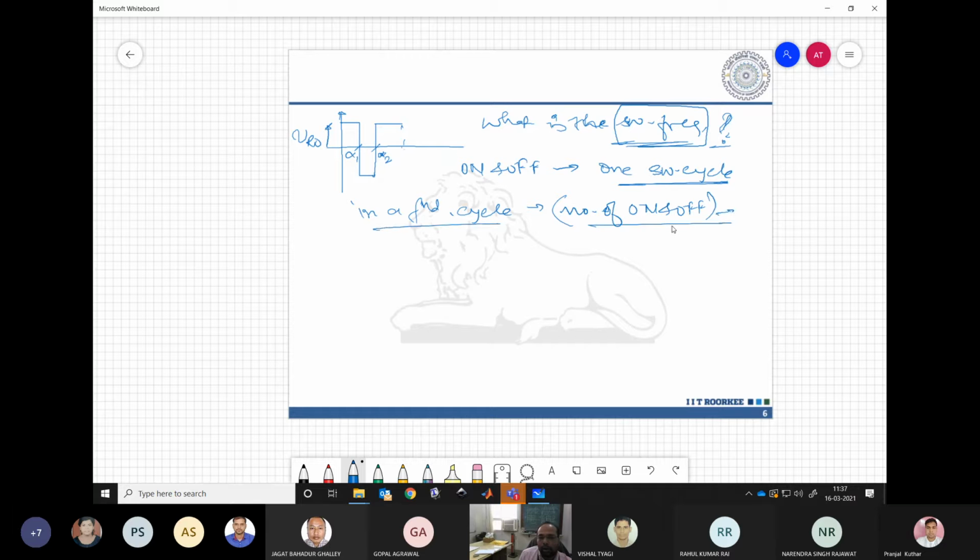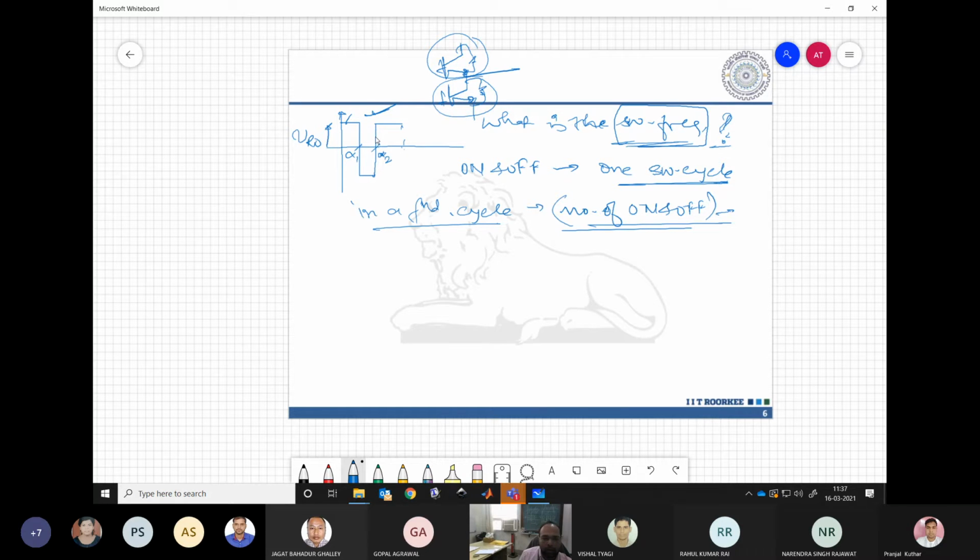So this gives how many times the device, any device, let's say we are talking about R phase. So we have two devices, top and bottom, and these are switching continuously. So whenever our voltage is at plus VDC by 2, our top device is on. Whenever it is minus VDC by 2, our bottom device is on, which means these are switching continuously. There is no break in that. So every transition, both the devices are switching.